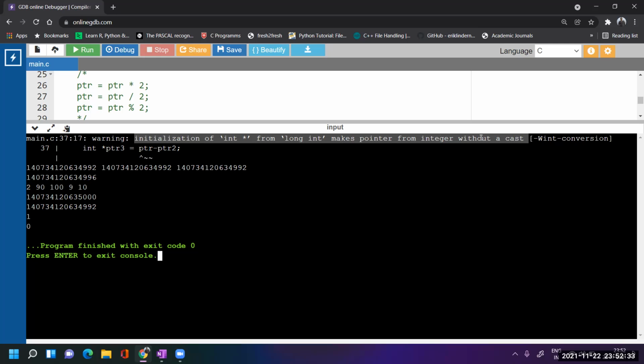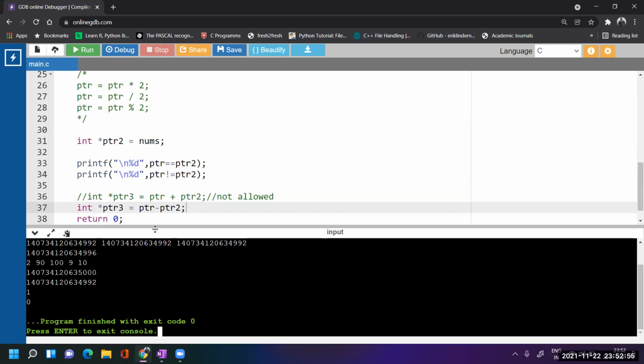So it gives me a long integer, but we are putting it into an integer pointer. ptr3 is an integer pointer, and we are subtracting an address from an address, so definitely it will be a long integer. So we need to typecast it.